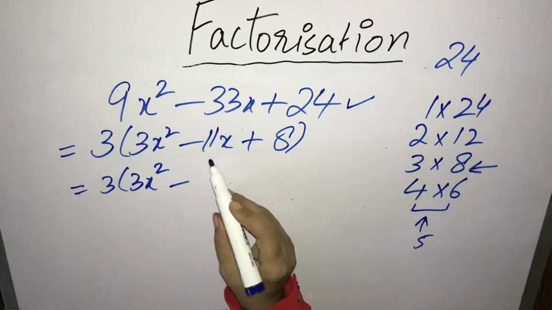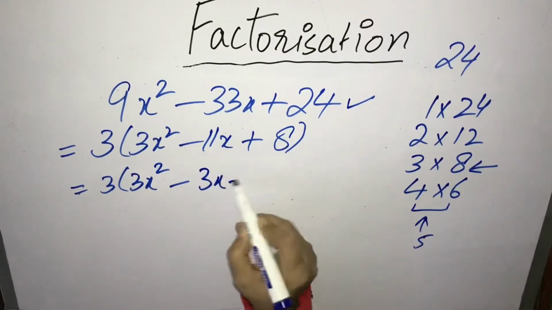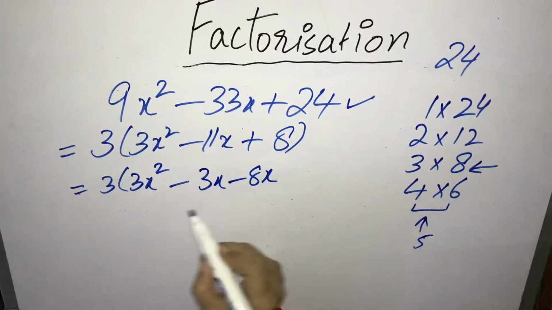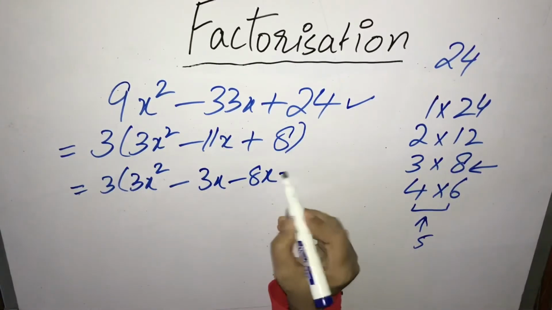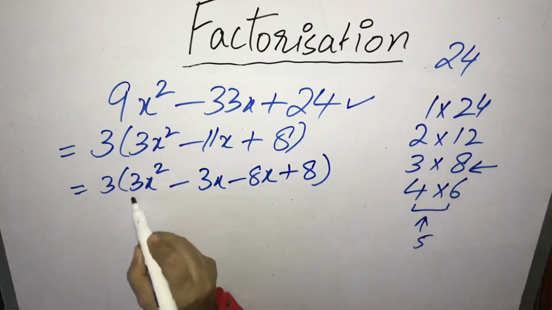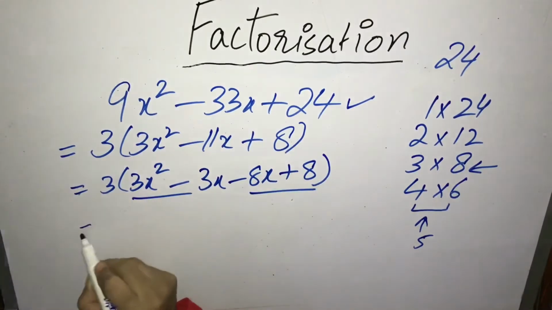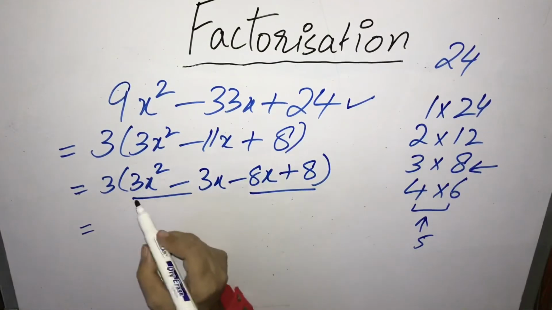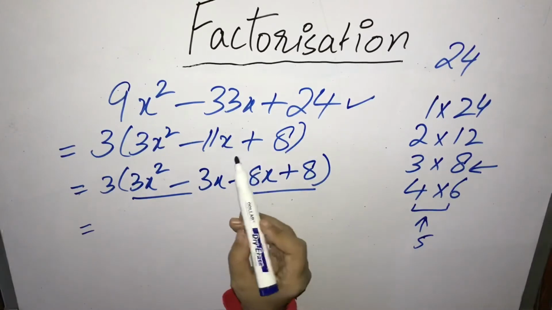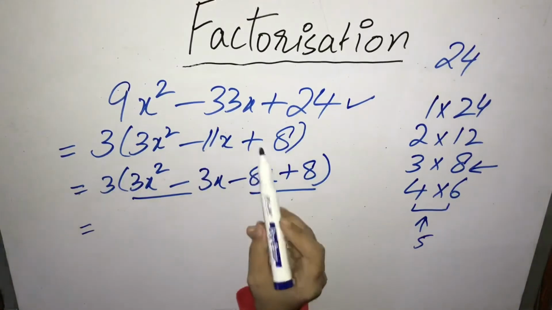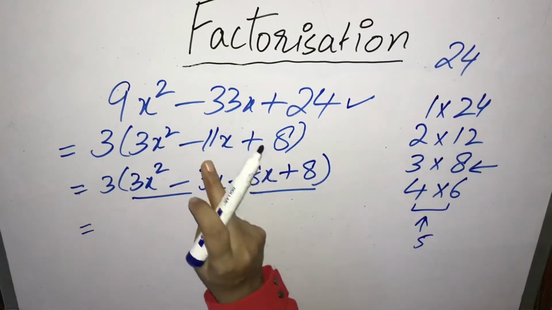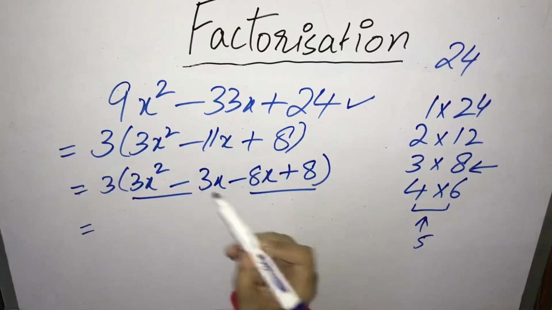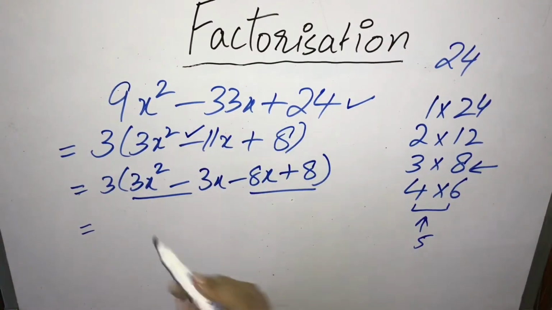Okay, 11x, 3x and 8x both are negative. We can also take 8 first, it doesn't matter, you will have the same answer. Making factors, as it was 3, so I have taken 3 first. Both factors will be of the same sign, as we have to add, either both are positive or both are negative. This sign tells us that both are negative.